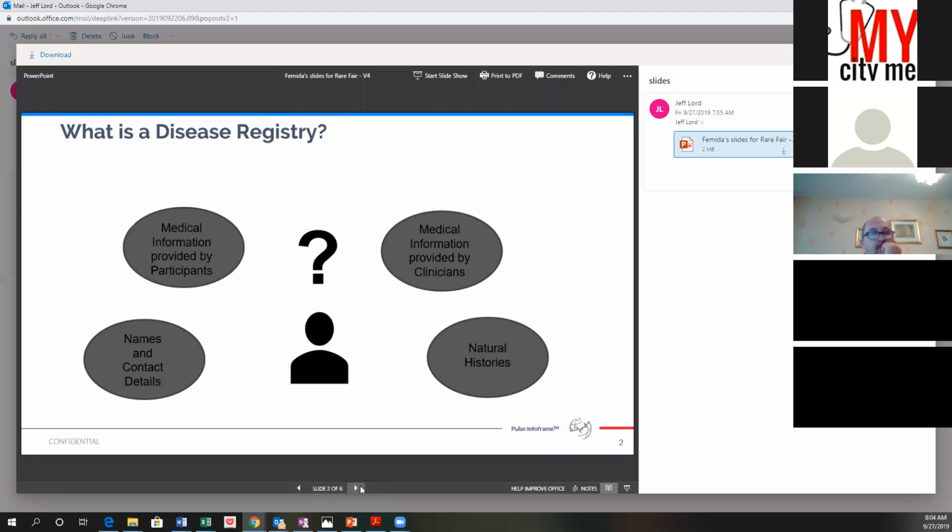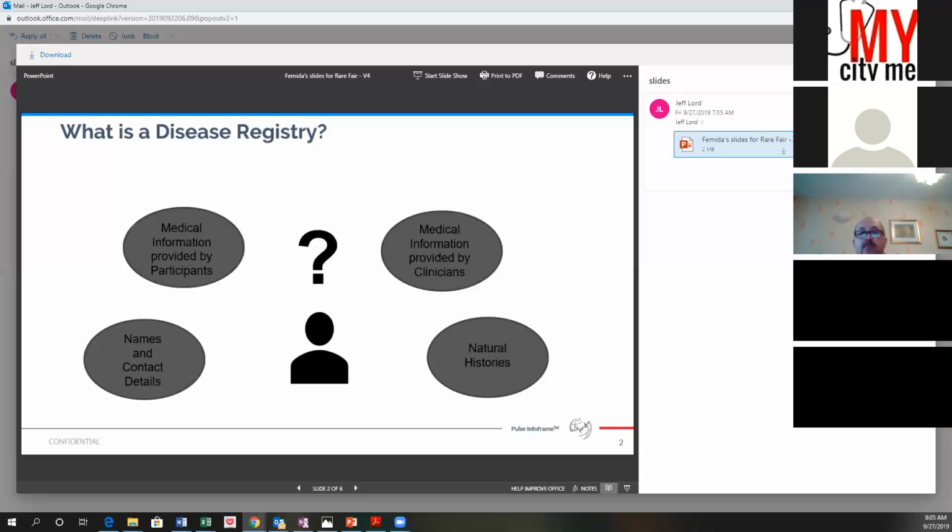And when I think about a registry, let's think about it as almost like several pieces of Lego. And they're the building block really of defining the patient journey. So when you look at a registry and you think about what you need, don't think about everything in the world that everybody else needs. Think about your own disease population and what's most important for you. So again, it is really the building block of defining the patient journey.